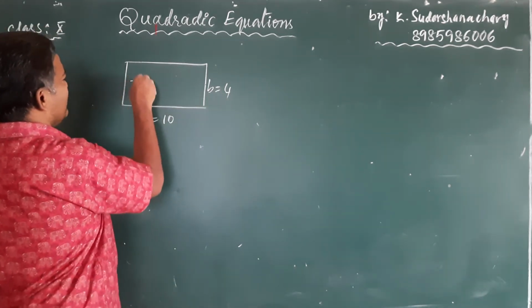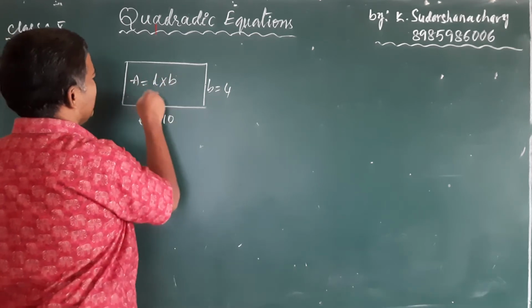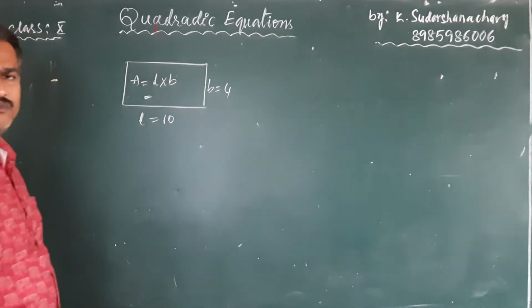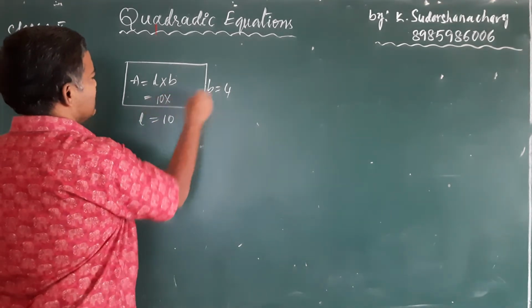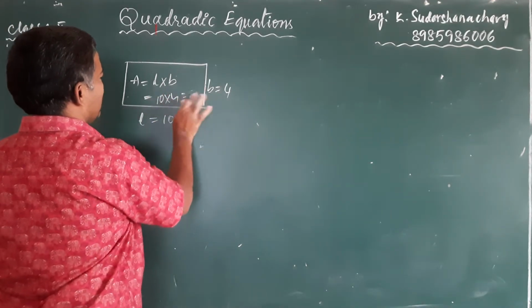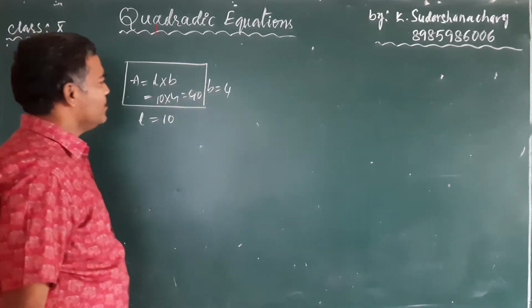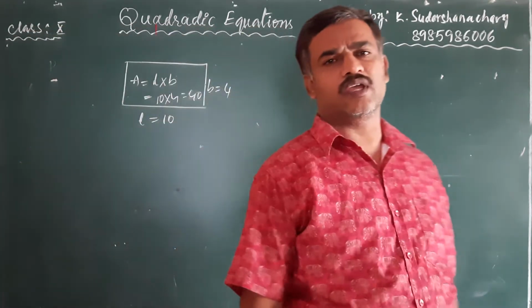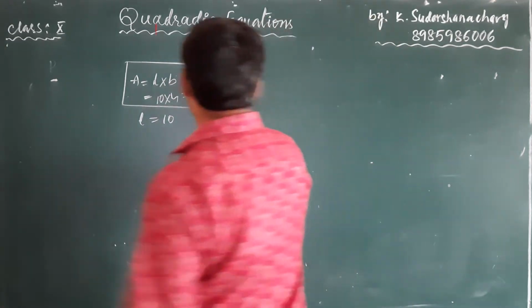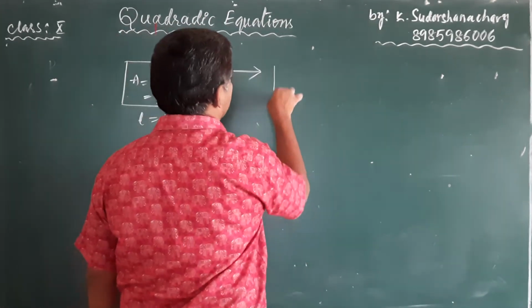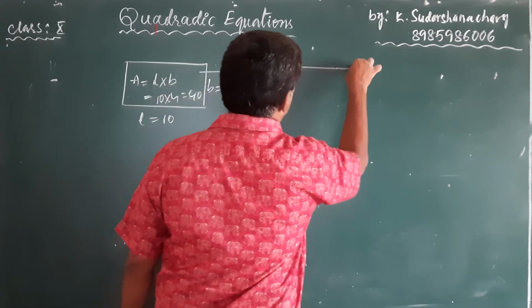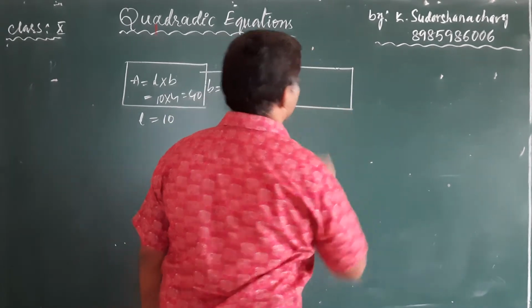The area of a rectangle, we know the formula very well, is L into B. Here L means 10 and B means 4, so 10 fours are 40 square units, the area of the rectangle. Suppose the length and breadth of this rectangular field